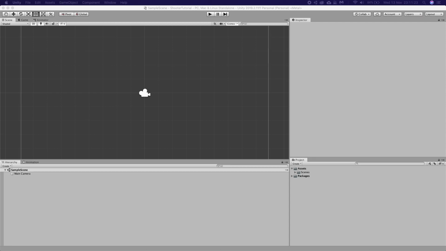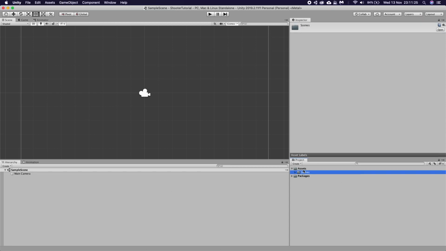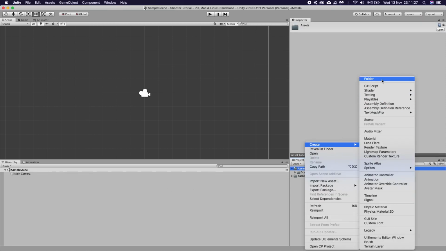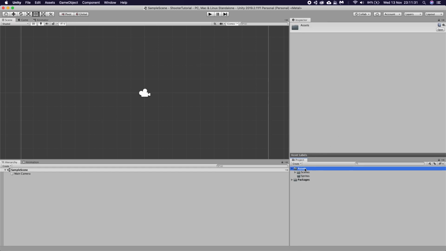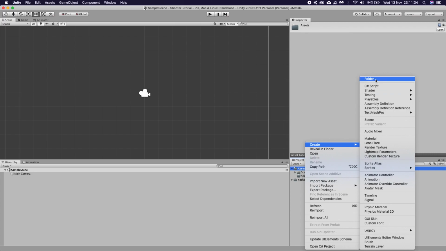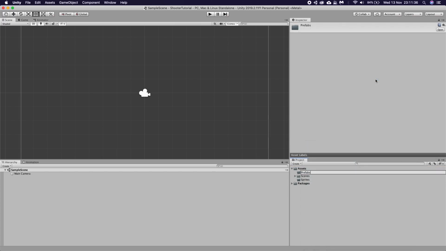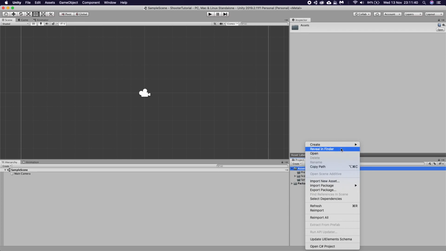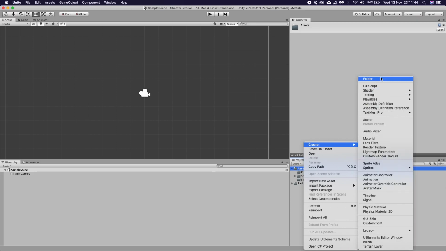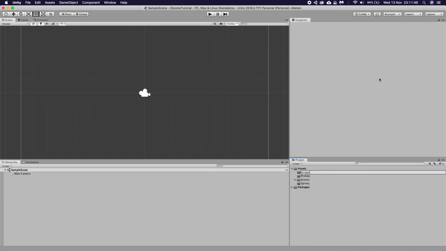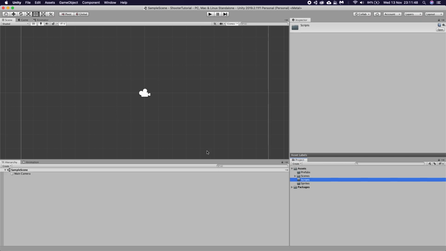So just quickly, I'm going to drag in some sprites. I'm going to create a new folder in my assets. I'm going to create a few new folders. One's going to be called sprites, so we can organize our sprites. One is going to be called prefabs, because we're going to have a prefab, but I like to organize things anyway. And I think that's it for now. Oh, and we're also going to have scripts. So if I go up here, folder, and type scripts, we will also have some scripts which we write in there.